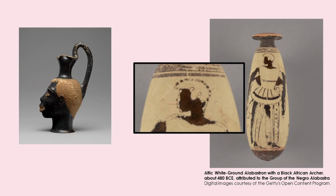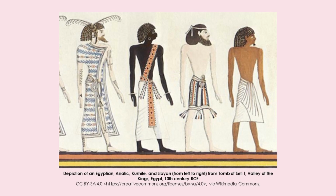Even with full-bodied depictions, where other ethnic information can be given via clothing and weapons, we still see these features used. A few scholars have read this reliance on stereotype as the influence of Egyptian art, which the Greeks were familiar with. Egyptians also created a topos, or characterization, of themselves as natives in comparison to that of outside groups, such as Libyans or Nubians. This does not deny the blackness of ancient Egypt or speak to the very real ethnic connections Egypt had to their neighbors, but proves that this canonical stereotype of the Ethiopian or Nubian to the Egyptian was not necessarily born